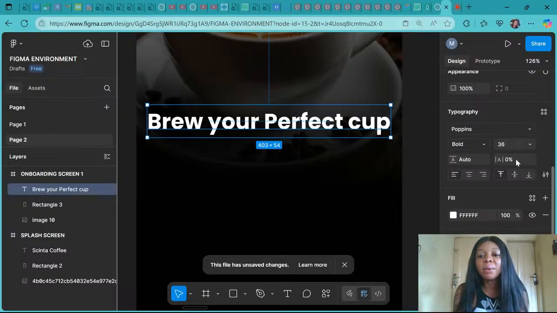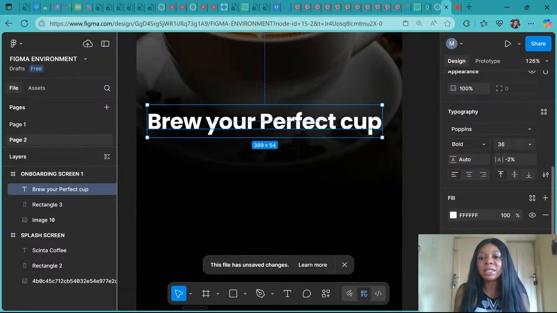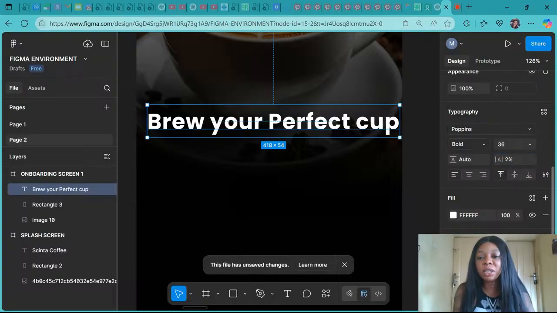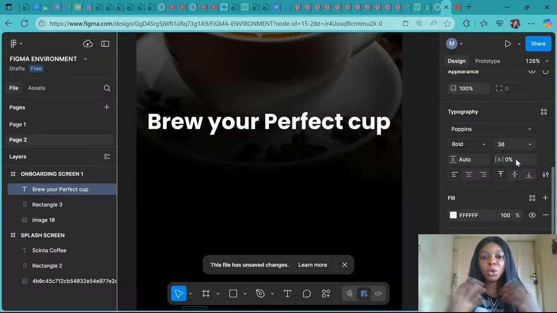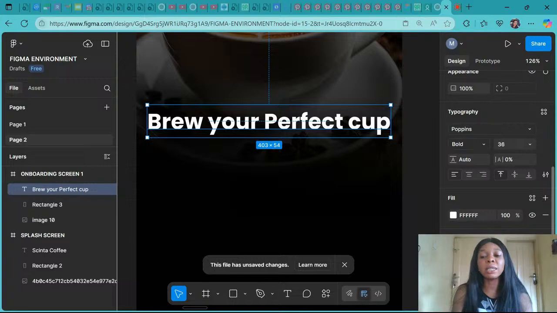Now that the Poppins family has given me what I wanted, I don't have the need to, okay, let's do -2 and see what happens. So you can see, depending on how close or how separated you want your wordings to be, you are free to tailor it to your taste for now. Because once you've gotten a hang